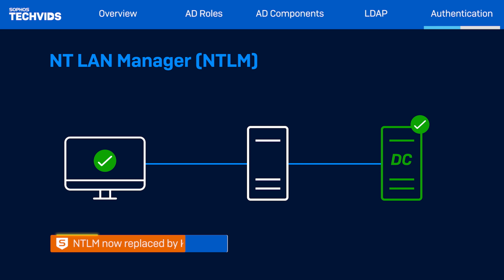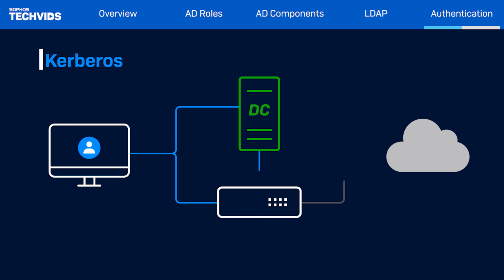While NTLM is still supported in many Windows environments, it's largely been replaced by Kerberos in newer versions of Windows. Kerberos is a network authentication protocol that provides a secure way for clients and servers to authenticate with each other in a network environment. It uses a token-based system where clients request a ticket from a Kerberos server, which then validates that the username and password provided by the client is correct. Once verified, the encrypted key, or token, is sent to the client, after which the client can then present the token to devices requiring it for authentication, such as the Sophos Firewall for user authentication.